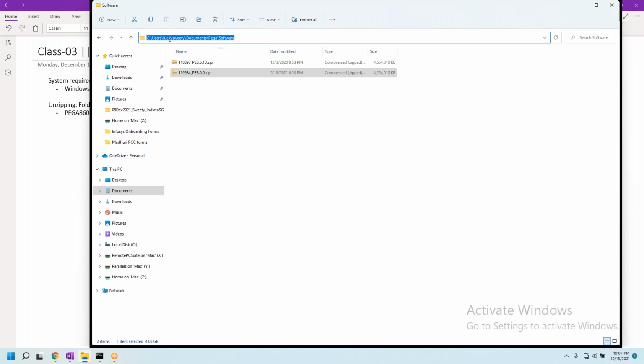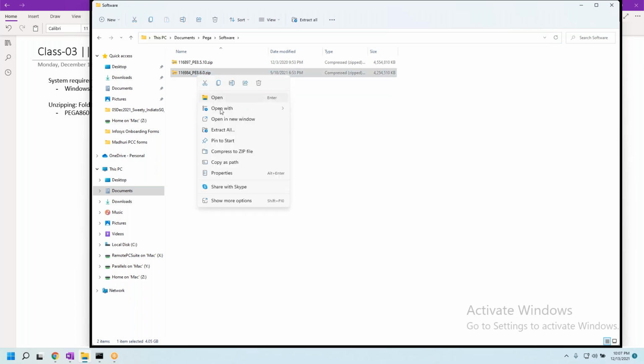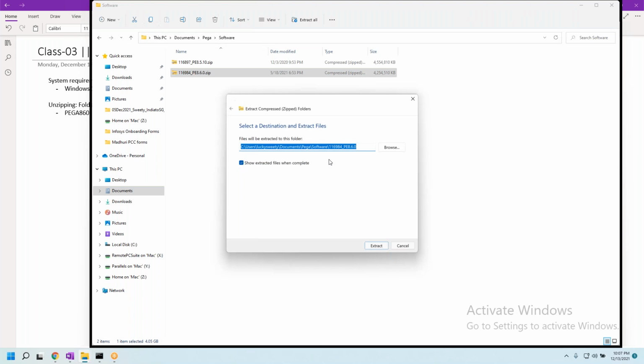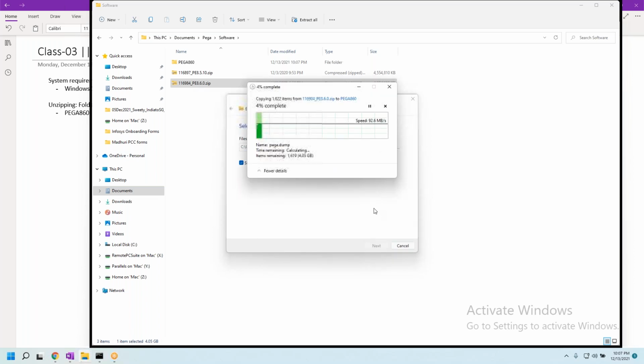This folder should not have special characters, this folder should not, etc. So always ensure you do it this way. I'll simply expand this, Pega 860. It will extract and come to around 4 GB to 4.5 GB, or close to 5 GB.